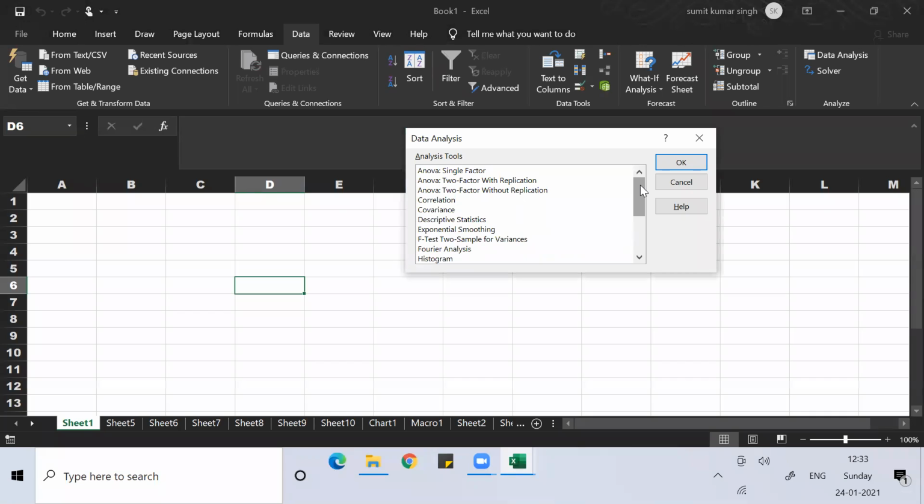When we do a test of hypothesis, we need to work with different tools like ANOVA, chi-square, z-test, t-test. All that is very important. So there, Data Analysis comes into the picture.